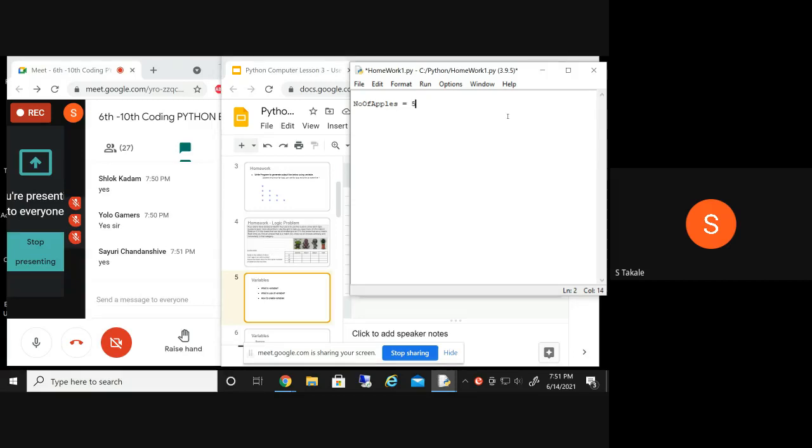So okay, you are saving some number in it, and supposedly price of apple, right? So price of apple is supposedly 10 rupees. So now if we want to calculate the total price, what we can do is multiply number of apples into price of each apple, right? So that is going to be the total. And now if you print